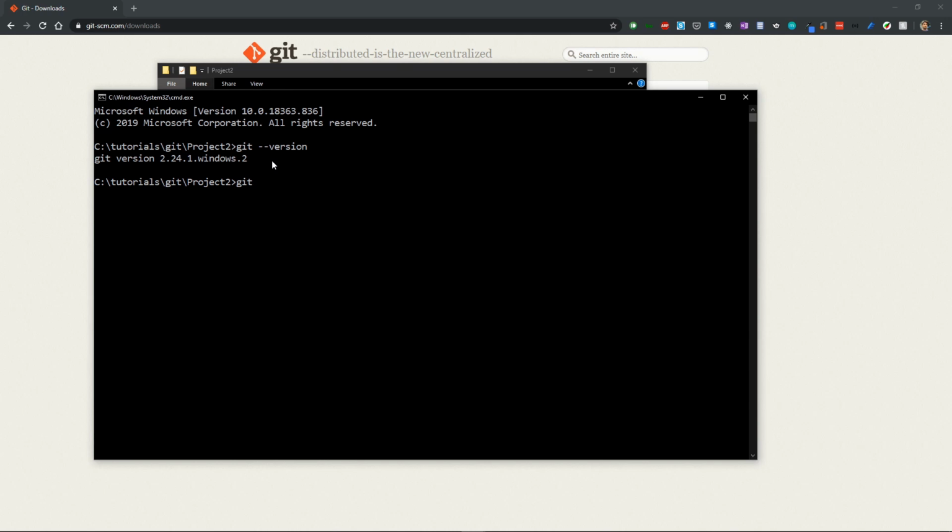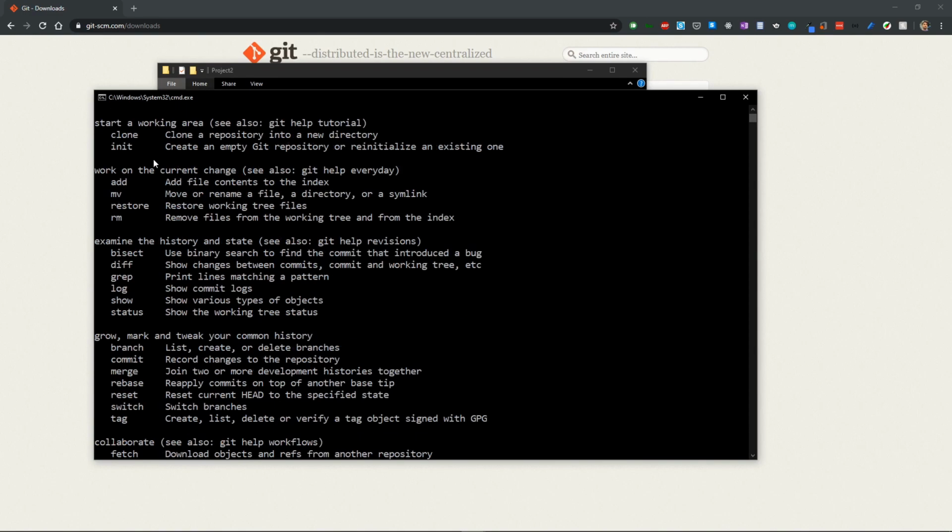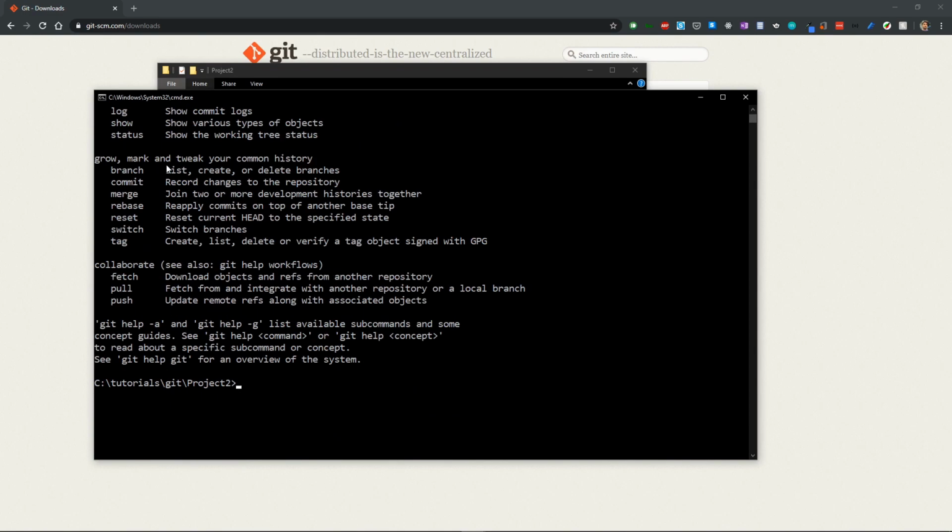If you want to see all the commands available to git, we can just say git --help, and as you can see, we have a lot of commands available here. Don't worry about it. We will learn about all the commands in upcoming videos. In this particular video, we are interested in the git init command, which will initialize our Git repository.